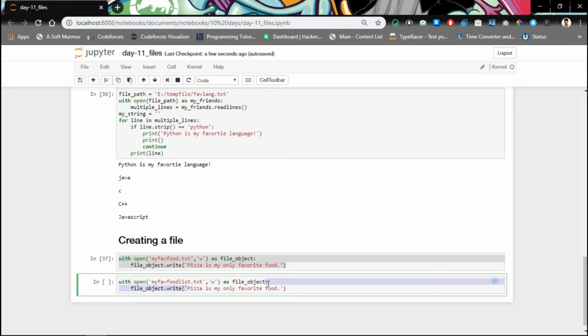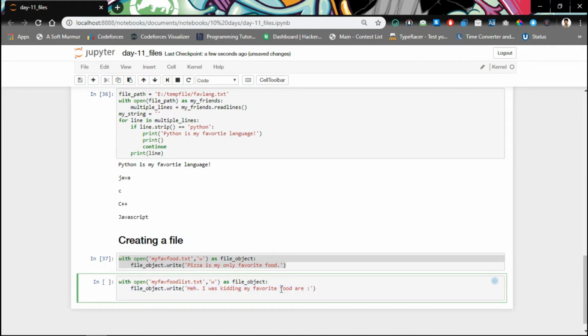Here I will write, hey, I was kidding, my favorite food are, and then pizza. Let's not write in a single line, let's write in different lines. Here file object.write, and here I will write pizza,